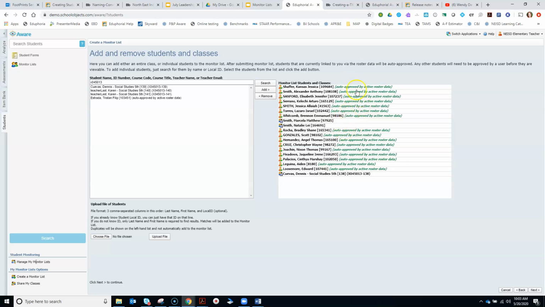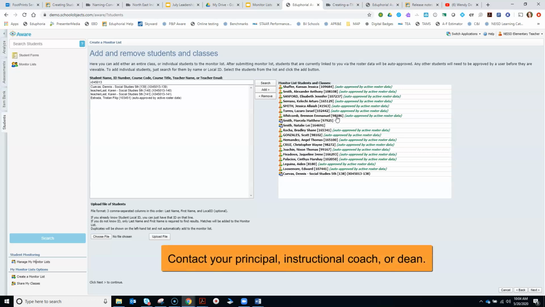That means that these students in green you already will have access to, and you will already be able to see and analyze their data through the monitor list because they're in your Skyward roster already. These other students that don't have anything listed next to them are not actually rostered to this current teacher, and so therefore this teacher would have to get their admin level approval in order to be able to see the